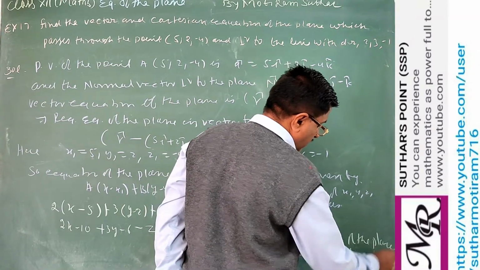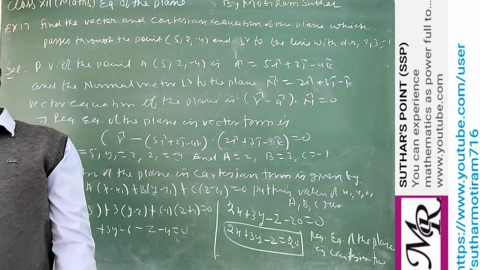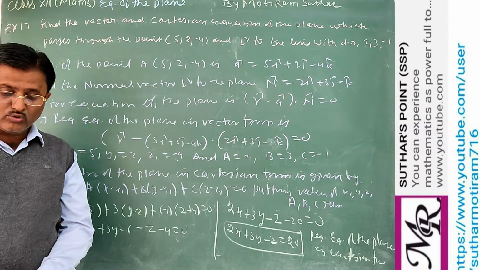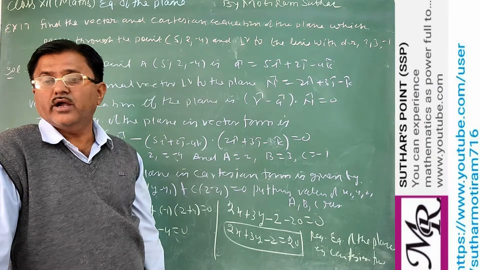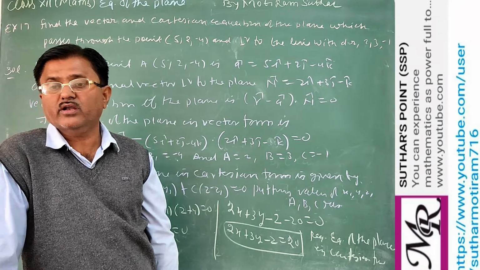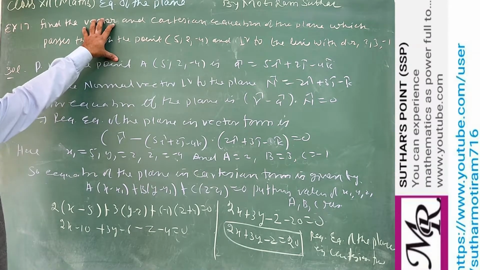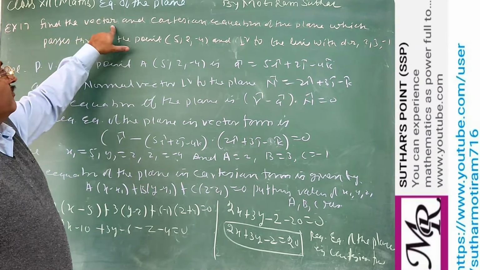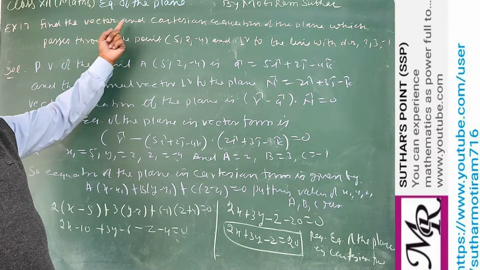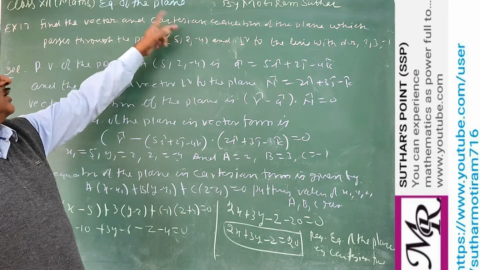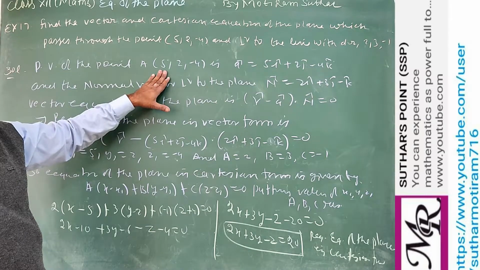In Cartesian form. Clear? So dear student, it is very important how to find the equation of the plane in Cartesian as well as vector. You are seeing that in each type of problem we have to write either vector form or Cartesian, whichever is given. But if it is not given, we can easily convert vector into Cartesian, Cartesian into vector. Also, you always know what the symbol is.